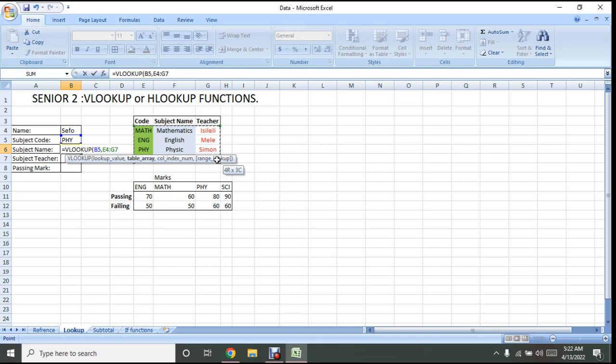So I'll just highlight my table. My table here is E4 to G7. Okay, that's my table array. Just highlight the data. Put another comma and then the column index. The column index refers to, when you find the data, which column beside it you're going to bring back. For example,